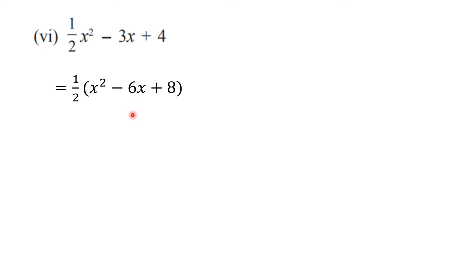See, minus 4 into minus 2 is plus 8. And minus 4 plus minus 2 is minus 6. Okay. So we can split this as minus 4x minus 2x. So write down half as it is in bracket. Then first term as it is. This middle term you split like this. Minus 6 you write as minus 4 minus 2. So this minus 6 we will write as minus 4x minus 2x. And finally plus 8 as it is.